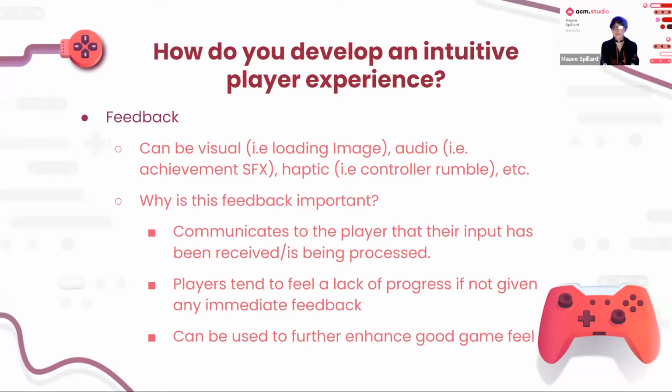So feedback can be in multiple forms. It can be visual, like on a loading screen. You want to make sure that your game just hasn't completely crashed. So we tend to have those moving loading images, and audio feedback, like when you hit an enemy, them responding in turn, and haptic, which is more sensory, like controller rumbles, or if you're playing VR or something, replicated pressure. All of those things are forms of feedback, and feedback is very important because it lets the player